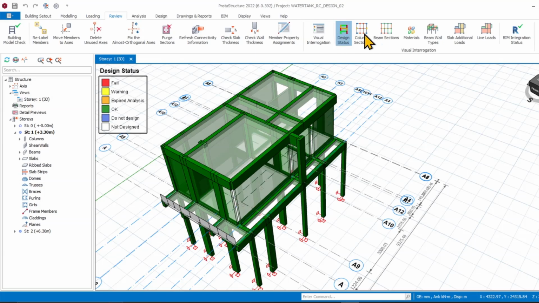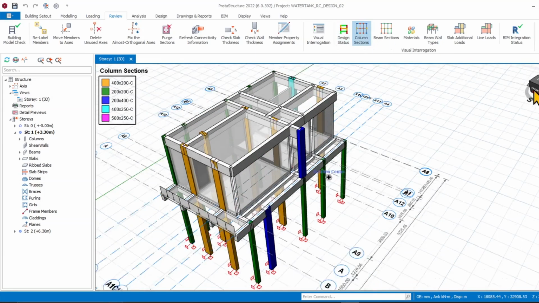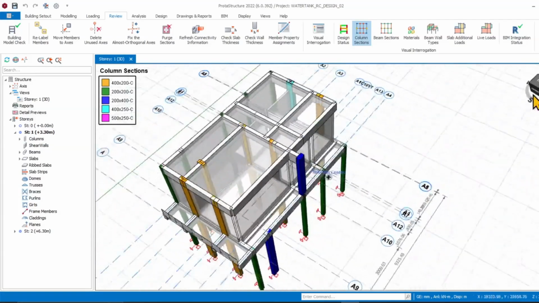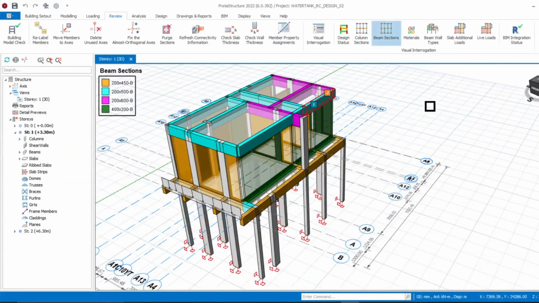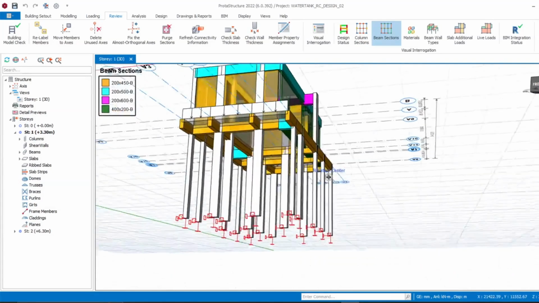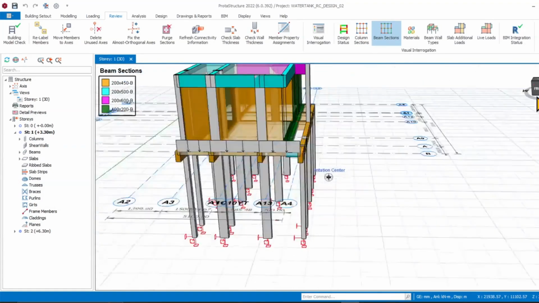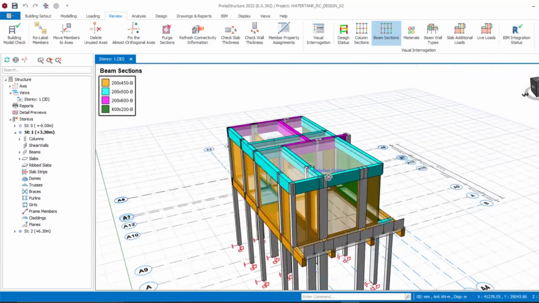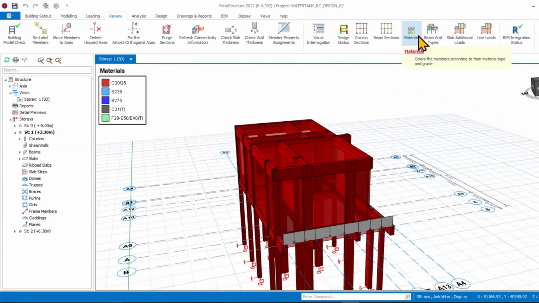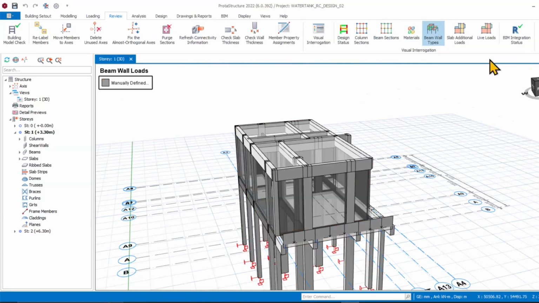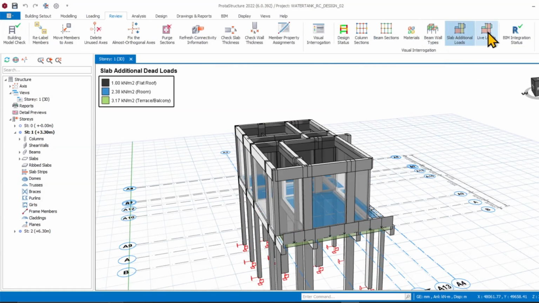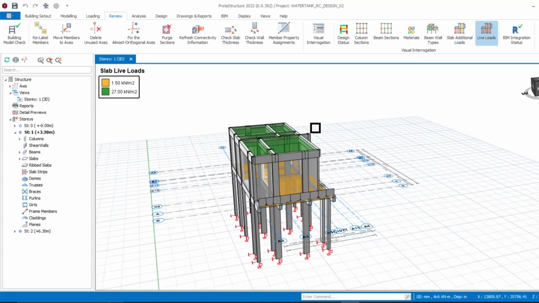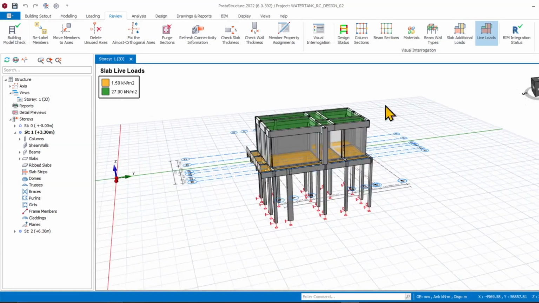can simply see, if you want to check our columns, this one can tell you the similar columns in our model and those that differ. If you come to the beam section, you can actually see the beams that are similar and those that are not similar. So you can easily check how we did our design, the structural members, and the material, it's all concrete. Then if you come to live load, you can as well remember that we used a live load of 2.7 kilonewton